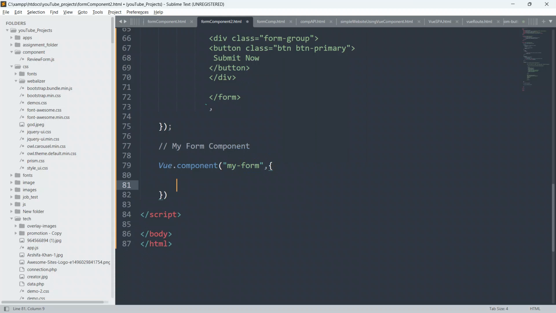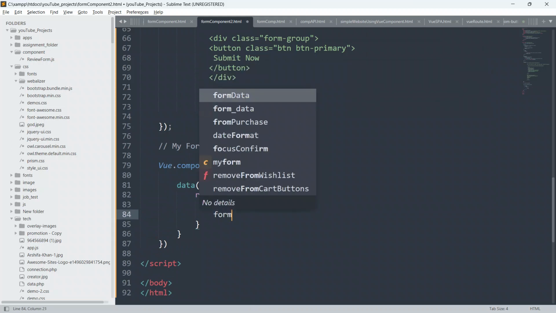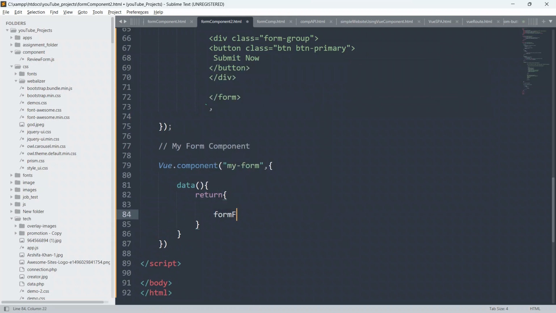Okay, so guys, I will define a data function here, and it will return all the properties. So return, and now here guys we will create form fields, an array of objects. Okay, form fields, put colon and put a square bracket, and inside this guys we will create our form, like each and everything.